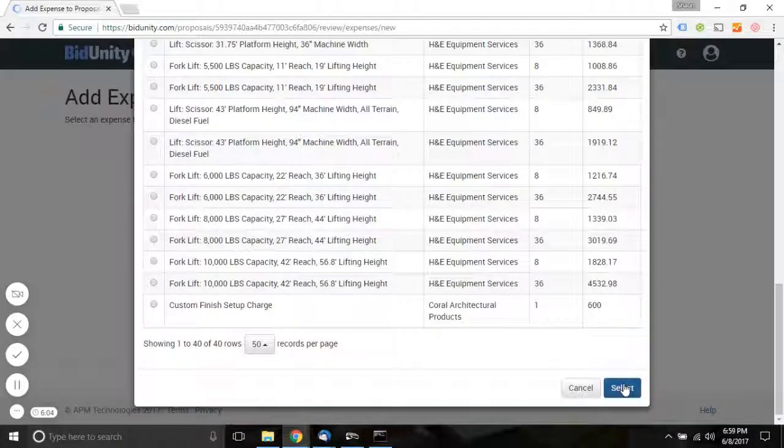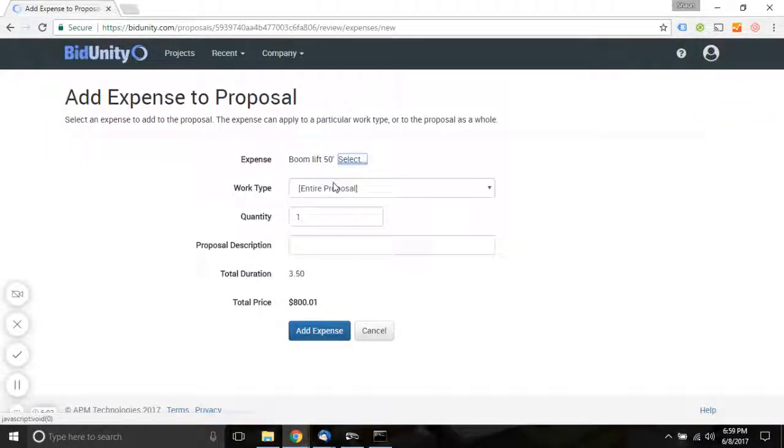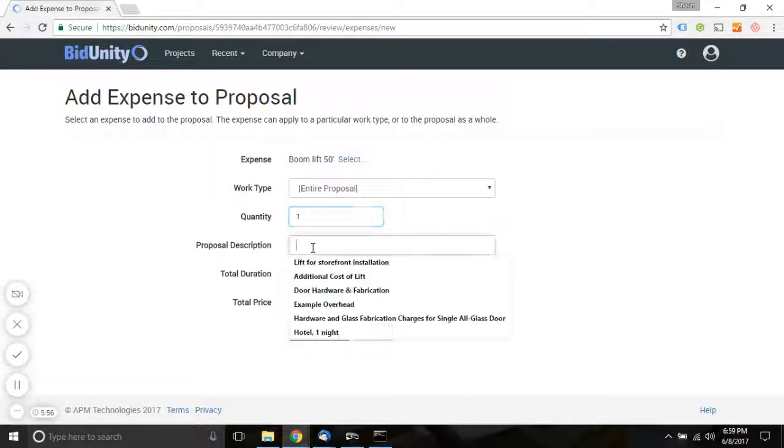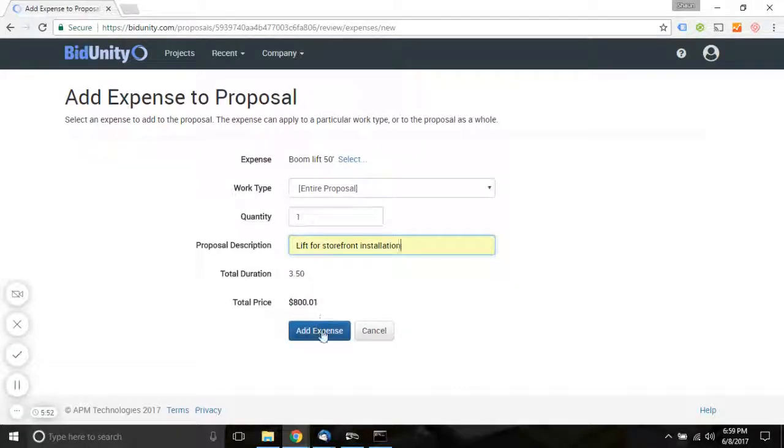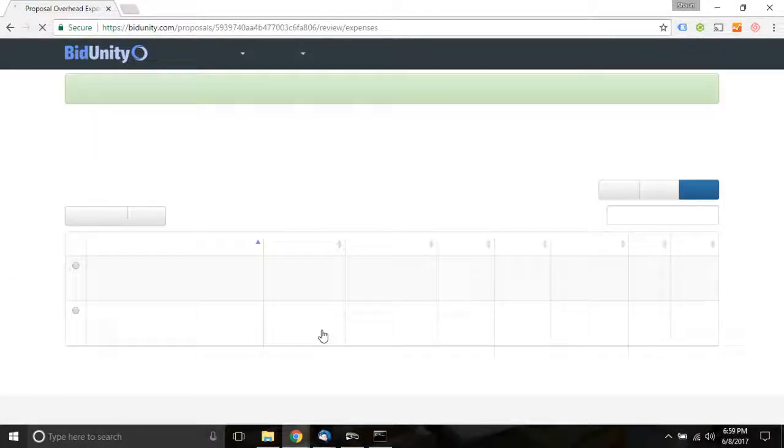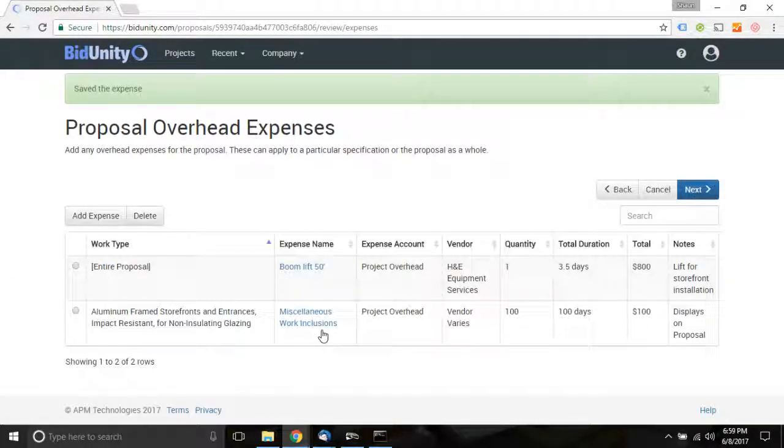Once we select an expense, again, we can associate it with the entire proposal or the proposal work type. We'll make a note, we'll add the expense. After you complete the process of adding expenses, then you'll advance to the next stage and find